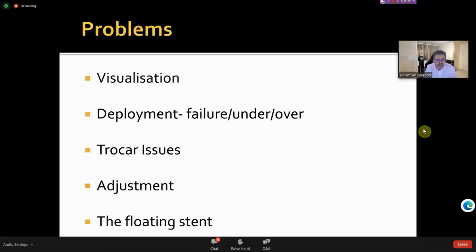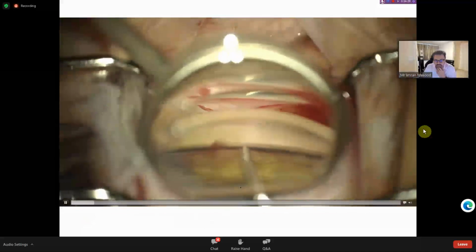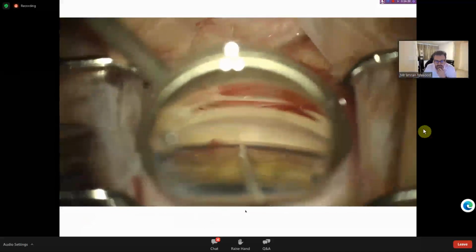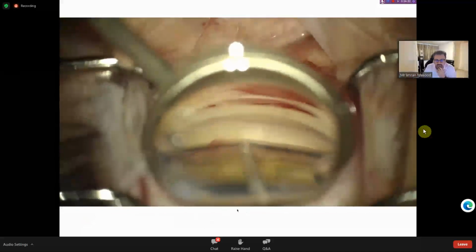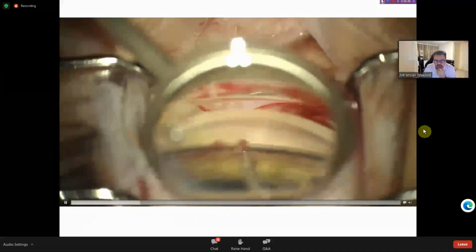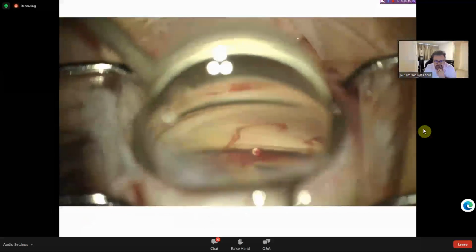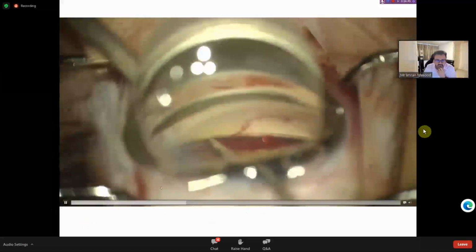So you've got to be careful. I'm going to just show you one video here of over-implantation of a stent. This is a patient with pigment dispersion syndrome who's having a phaco plus iStent. You can see the visualization could be better, but the reason for that is this is a highly myopic eye, and also in pigment dispersion, the tissues can be quite elastic, and so sometimes you may not get